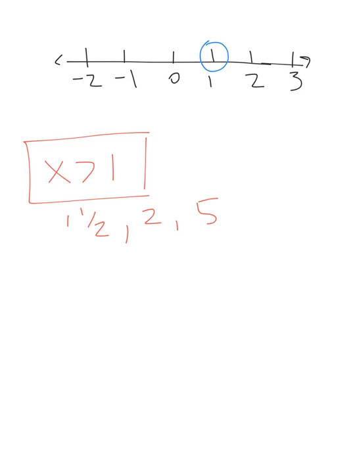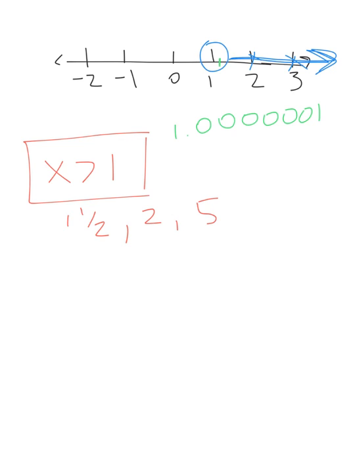And then we have to include some of these other numbers, like the 2 and the 3. So you're going to connect your open circle and make a bar. Now that open circle says that we are not including 1, but we could be including 1.000001, the smallest decimal, which is like right there. So we have to put an open circle to show that we are going to include the smallest of decimals